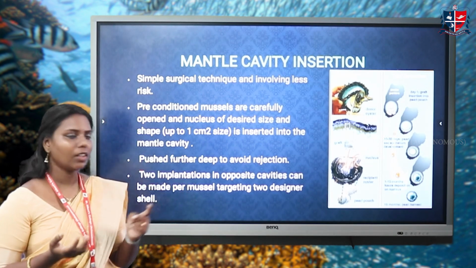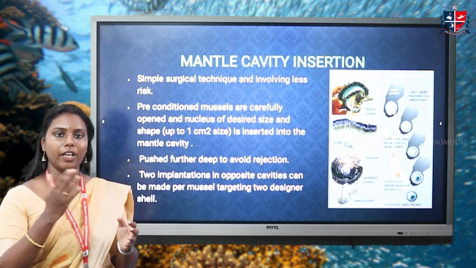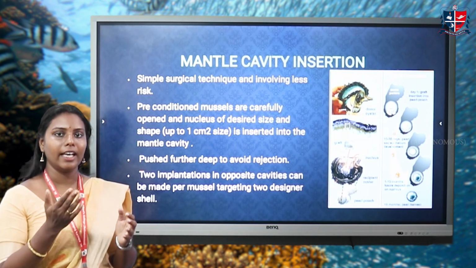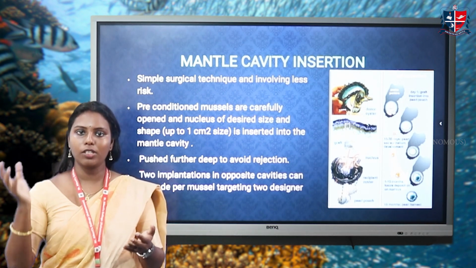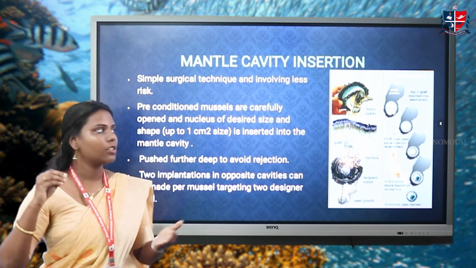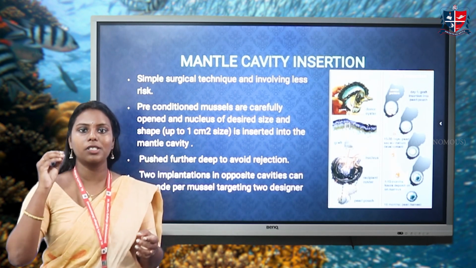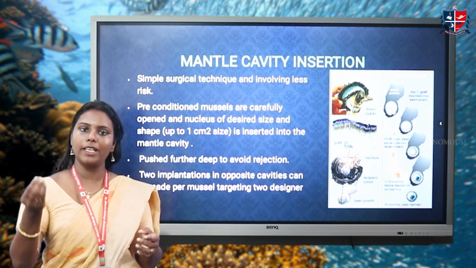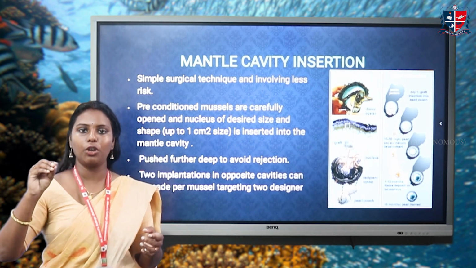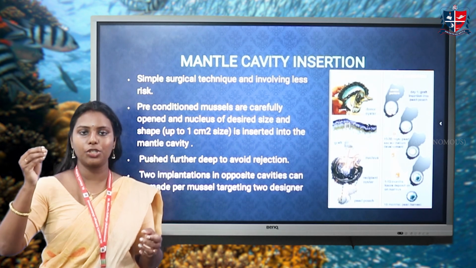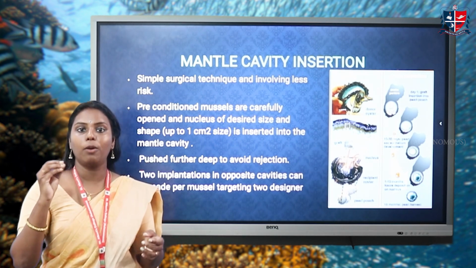Here a donor mollusk will be taken, and the mantle tissue will be cut out from that donor mollusk, and then that mantle tissue will be placed inside the mollusk from which we want to obtain the pearl. The mantle tissue will be cut into different sizes, and this tissue is known as graft tissue. The graft tissue is placed inside the mollusk, and from the graft tissue, or the mantle tissue, the pearl will be secreted. Pearl is secreted in the form of nacre.